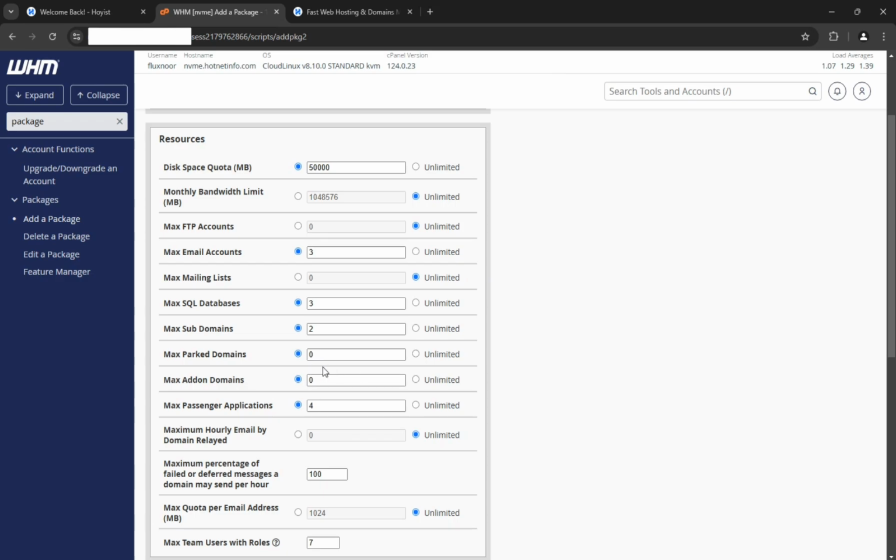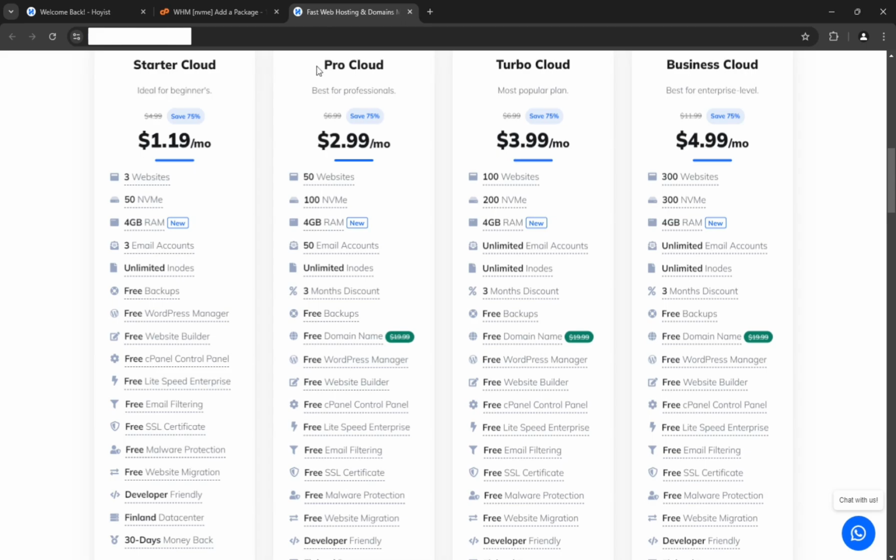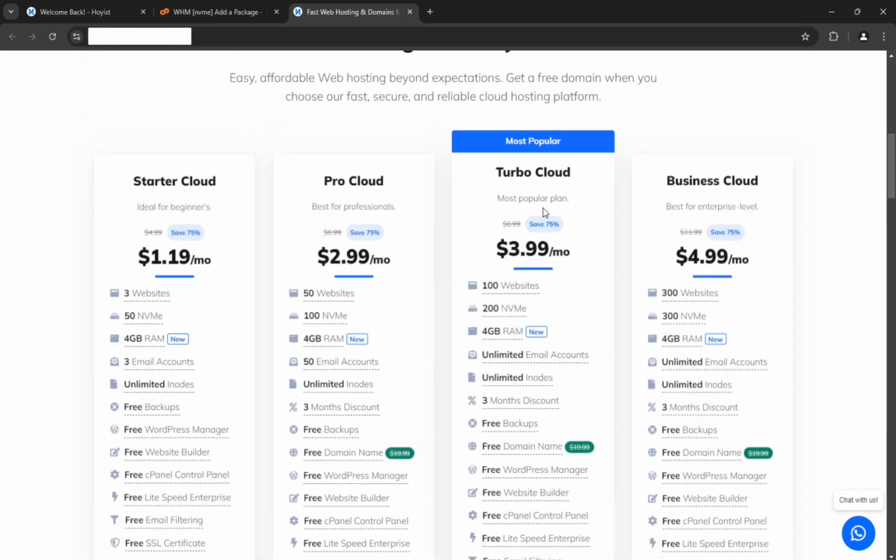So if you want to leave it, I will suggest you, for the starter plan, leave it at 0. But if you want higher conversion, I will suggest you leave it at unlimited. So I'm going for 0 right now, because I want my client to upgrade to a bigger plan, like a good plan, okay, like the Pro or Turbo plan,